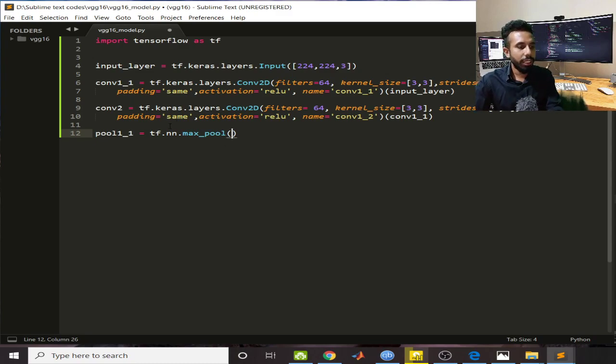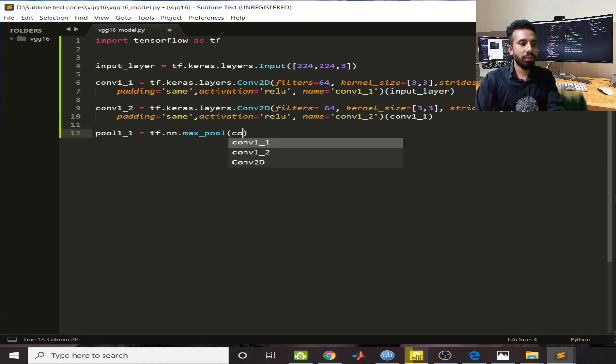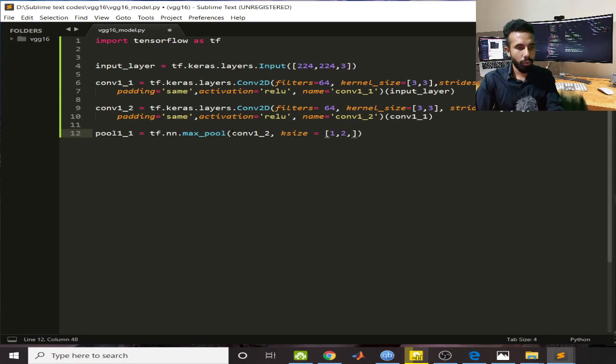So I have to give this conv, so pass conv1_2 out there, and say that the kernel size, ksize, will be